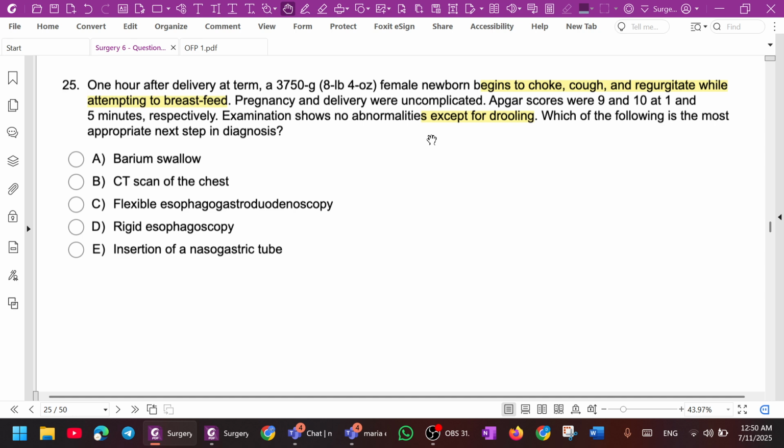No, the CT scan. I don't think we do CT scan on babies, huh? We do ultrasound. So is it barium? Probably not, it's insertion of it. I think that it is